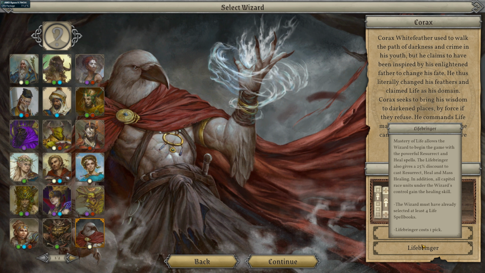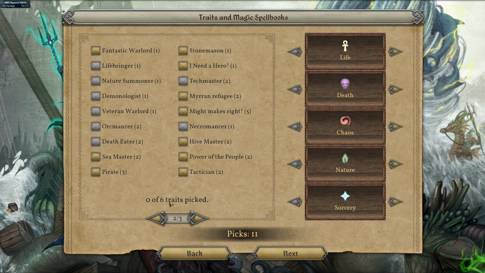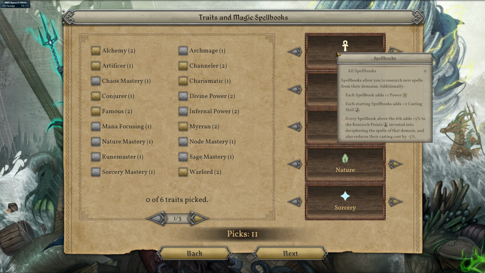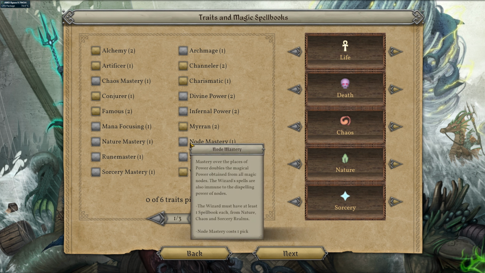And now here are the picks, the traits and magic spellbook. So this is very cool. There's our 11 picks. There's 3 pages of traits. We can have up to a maximum of 6. But we also have to balance that with our actual spell books, how many levels of spells we'll be able to cast, ultimately. So right away,